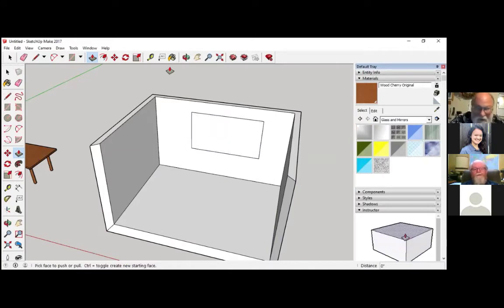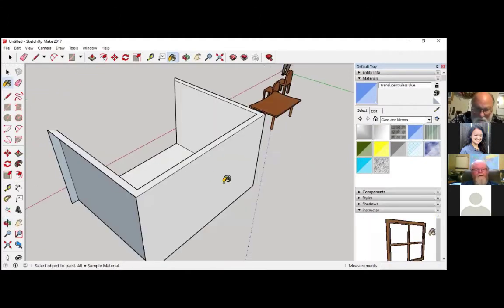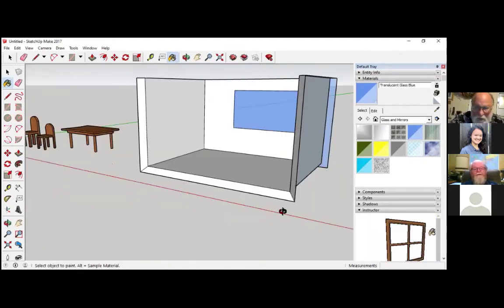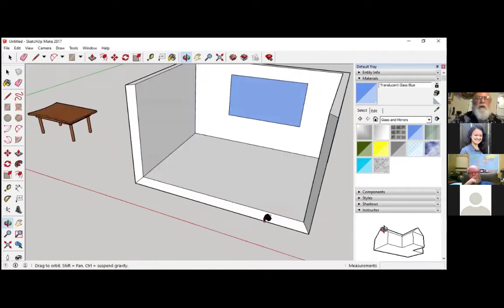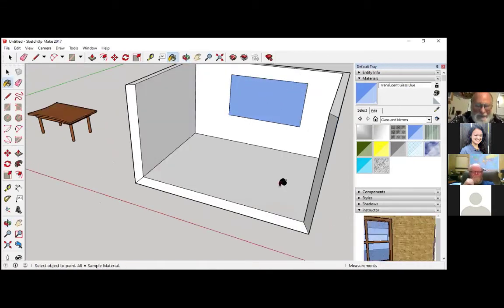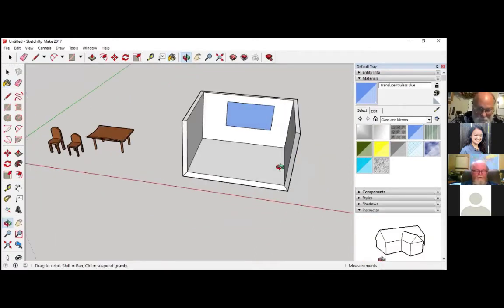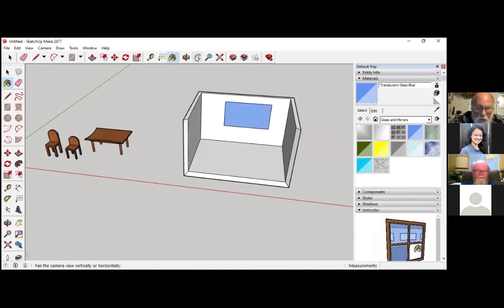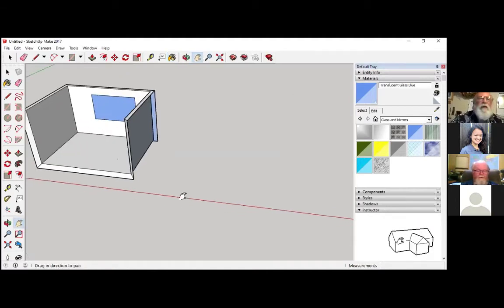So I could take this and pick, and now when you look out, you can actually see through it, and then they can import a tree later or a fence to put through so they can see it from the opposite side, and it kind of turns out pretty neat. The next part of when they're working on this is to start building things,